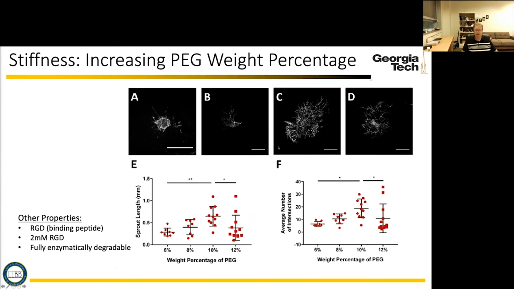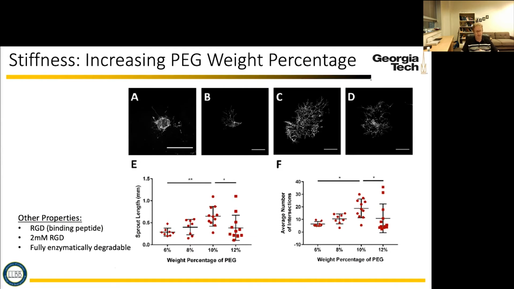And so this was done with rat lymphatic tissue. So basically we took collecting lymphatic vessels from the rat out and cut them into segments and embedded them in these hydrogels. And here in example C is this 10% PEG with 2 millimolar RGD, fully degradable hydrogel that supported complex branching. So Josh then took this hydrogel platform, and in collaboration with Matt Hawkins, who's at the